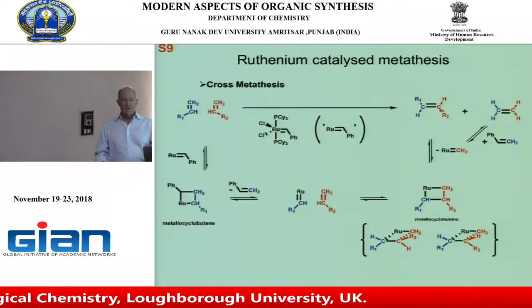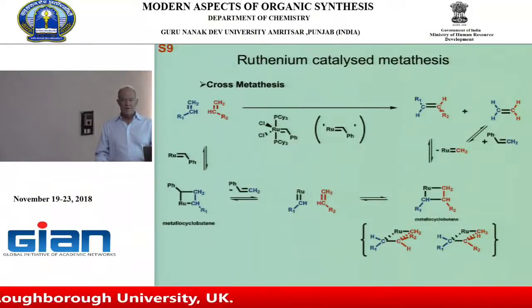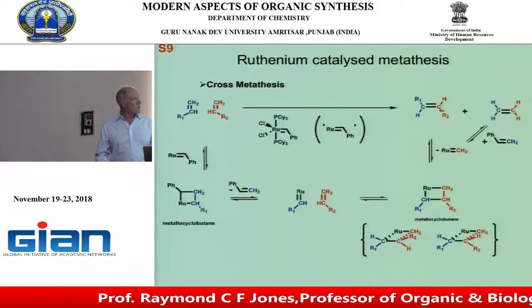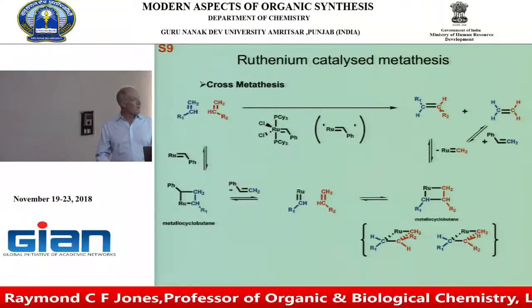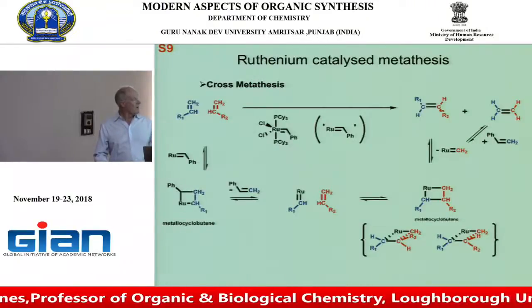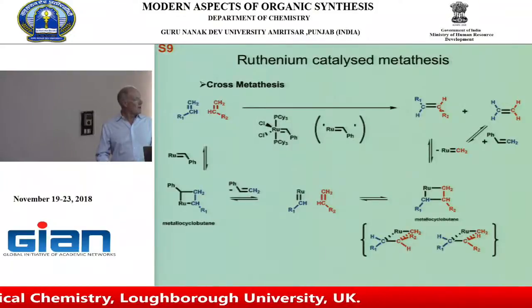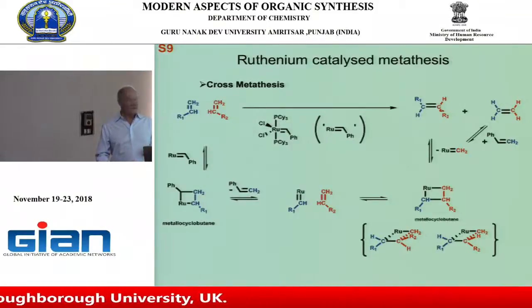But ultimately it is the ruthenium carbene that is going to react in this part. Whether it's this one or this one or this one, or regenerate this one with the little bit of styrene, but there isn't very much of that. Yeah, it's the ruthenium carbene that... So whether it is coming from first generation or...